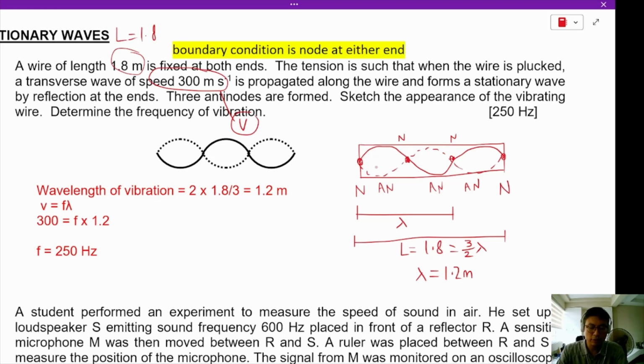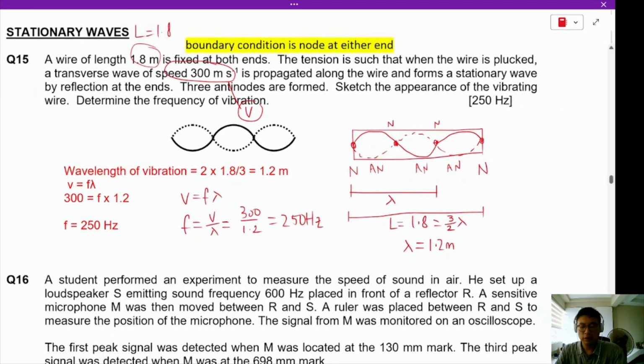Now we can use v = fλ in order to find the frequency. f = v over λ, which is 300 divided by 1.2. That is 250 Hertz. Now, those of you wondering which harmonic this is, let's take a look at 3 over 2 lambda. 3 over 2 lambda indicates that this is the third harmonic,